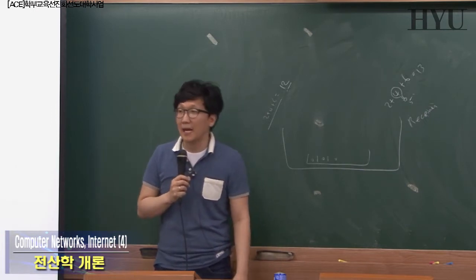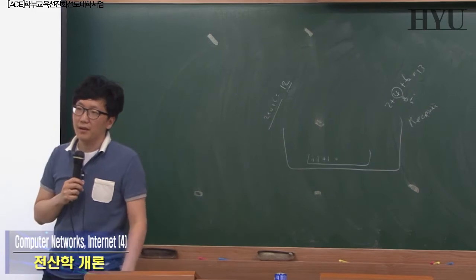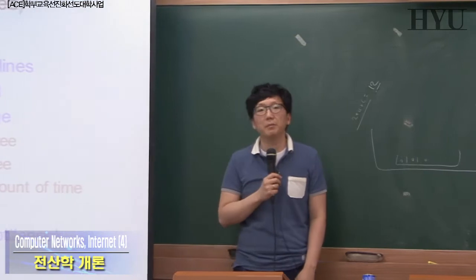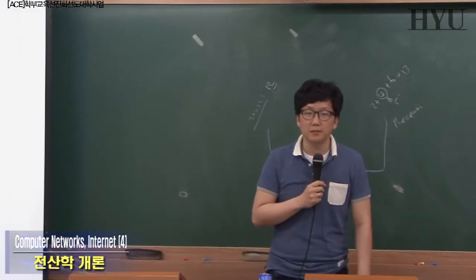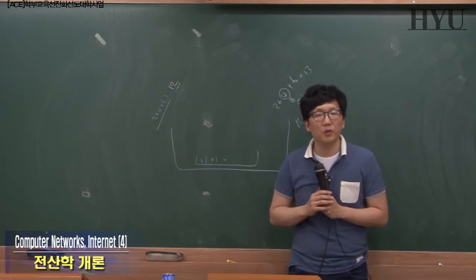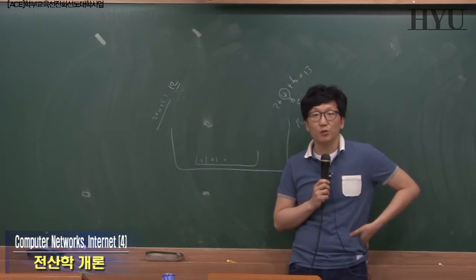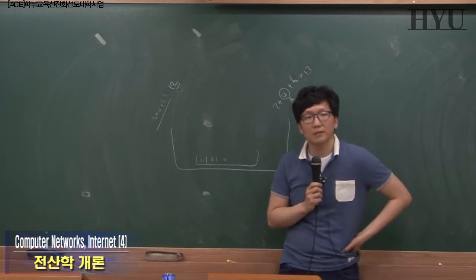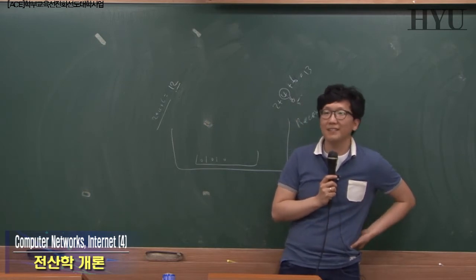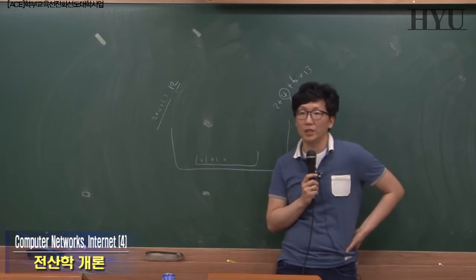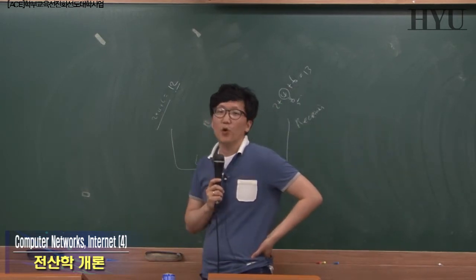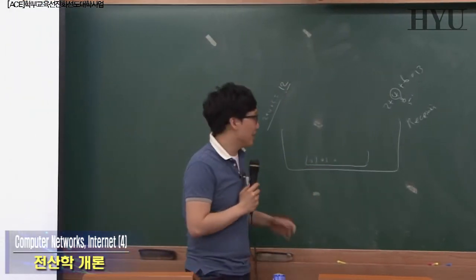But usually you don't know when those things are happening. Also, if you try to share this link with a lot of other people, then it will be a problem, right? Sharing means that in your apartment or whatever building you live in, you share an internet link with other people. If you try to access certain servers at night, it's really busy and slow. You feel your download rate is slow. But if you try to access early in the morning, it's usually fast. It means that people try to